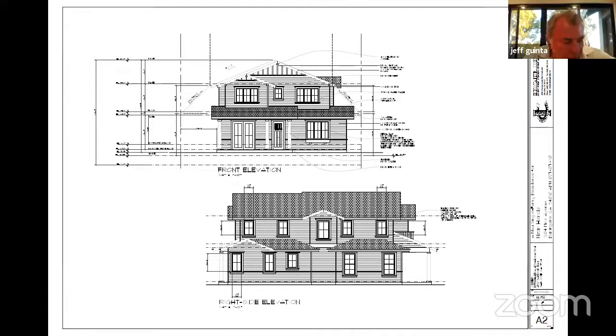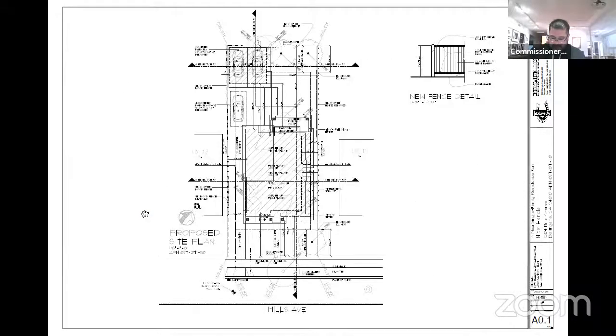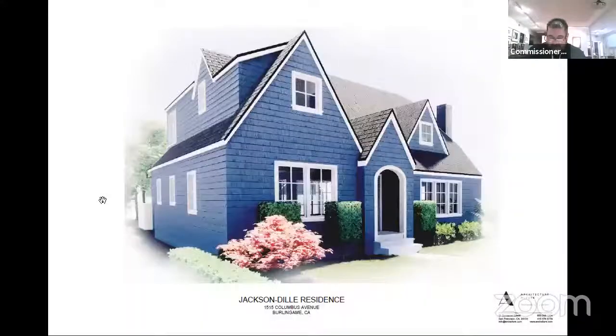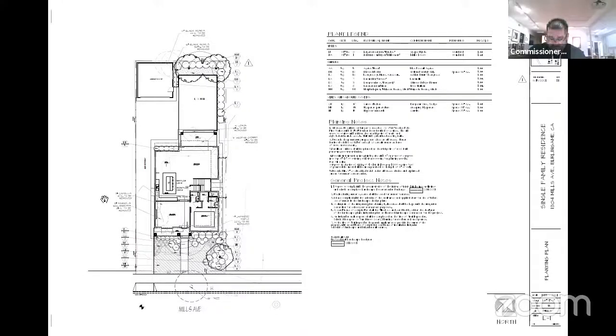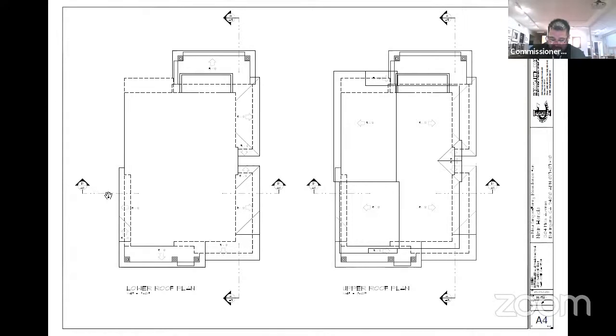Yeah. I printed out what was in the staff report, but I don't have the floor plans printed out here, so I'm trying to go by memory. If you look at what we have on the left side of the house, and I know we don't have the roof plan probably in this set of drawings, but then you would just have a center gable, a center ridge that just goes all the way front to back, and you eliminate that second. There we have it. That ridge line that's at the front of the house could just continue right on back, and it would just be all one clean gable.